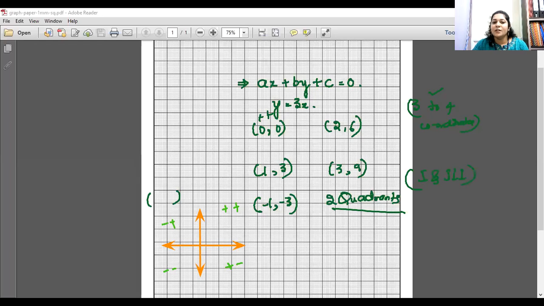So what happens? Just by observing the coordinates, you can see that they are all positive in the first quadrant. And then here you have the negative quadrant, so both of them are negative coordinates. That will be in your third quadrant. So just by observing, you will get an idea regarding how your line will be stretched. I guess you guys can solve the remaining problems, is it not? Yes, ma'am. Fine.